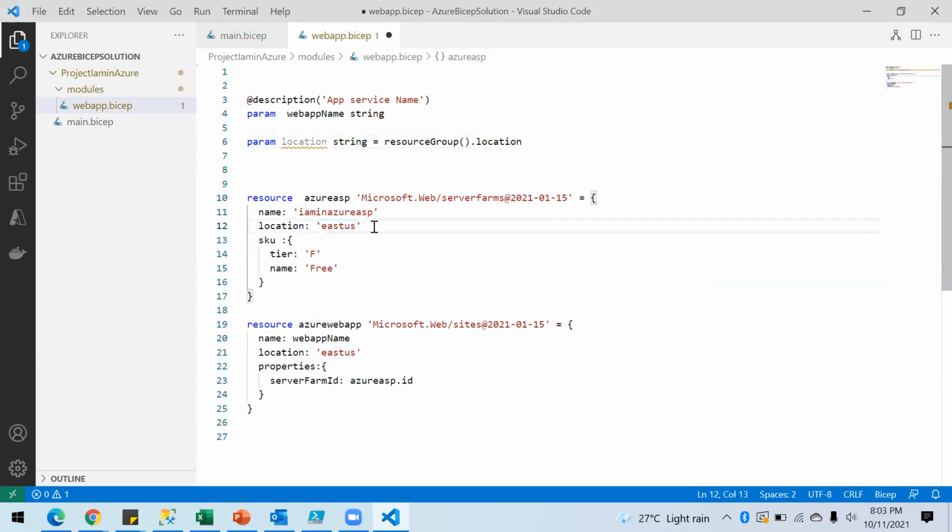So you see, if you look at this, how simple it is. You don't need to put anything. You just need to call that function and whatever the attribute you want out of that function, and you can assign it to your parameter easily, and you're going to call it here, location. Here also, instead of East US, I'm just putting it as location.